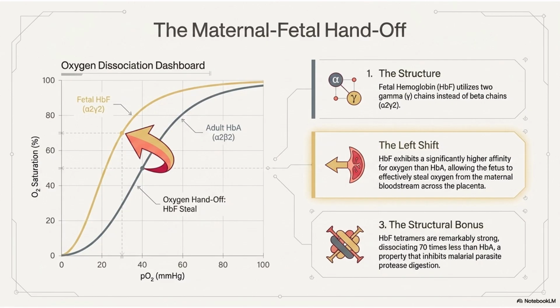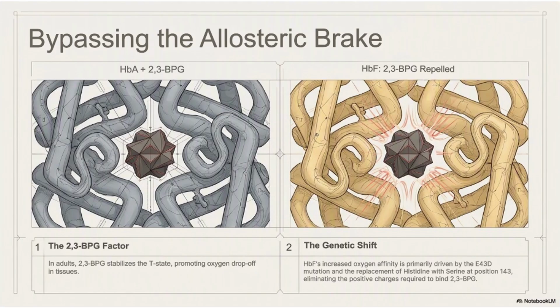But what makes fetal hemoglobin bind oxygen more tightly? The answer isn't simply that it's fetal. The answer lies in its interaction with another molecule called 2,3-BPG. So let's zoom in one level deeper and see why fetal hemoglobin behaves so differently from adult hemoglobin. So this slide explains the molecular secret behind fetal hemoglobin. To understand it, we first need to introduce a molecule called